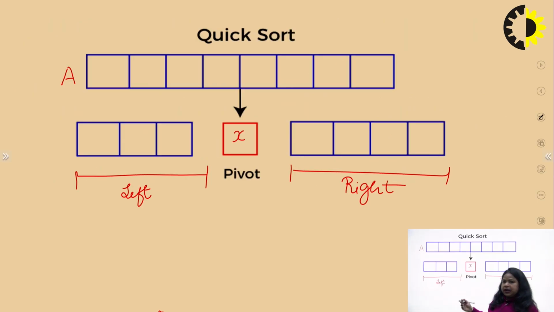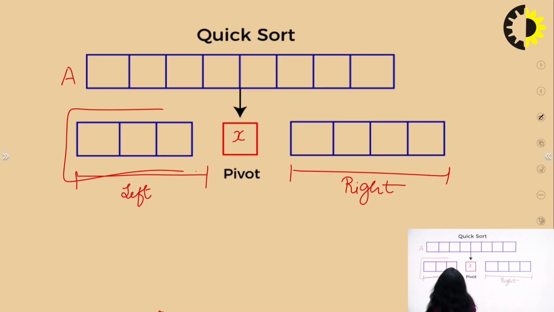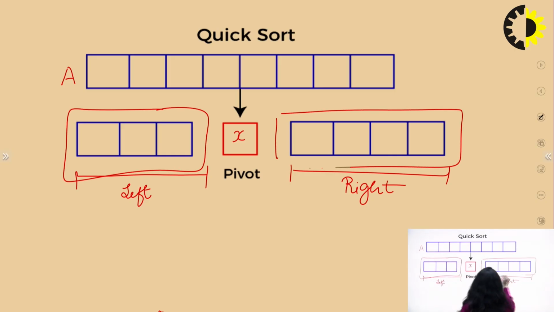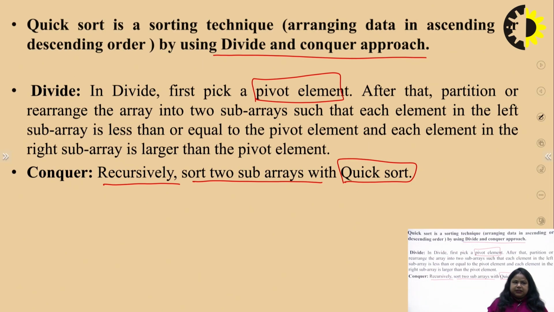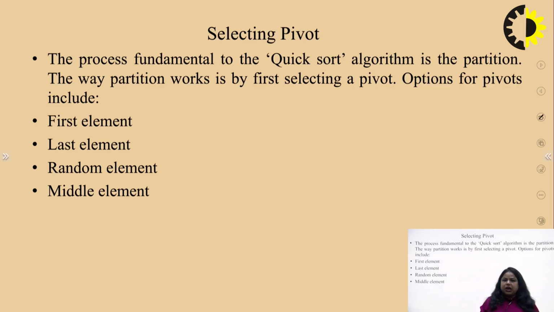And now we have to call quick sort on the two sub arrays, and this particular function is called recursively, so that again and again we find a pivot element and reach the final destination. Then we can talk about how we need to select an element as a pivot element. Basically, the fundamental process of the quick sort algorithm is the partition, right? So on the basis of whatever partition work is being done, first of all we have to select the pivot element by applying the partition method.